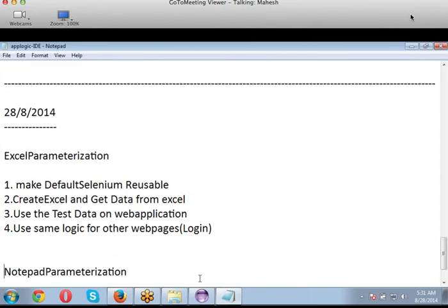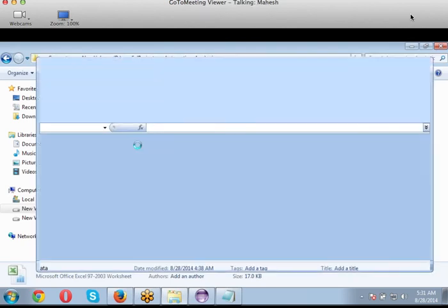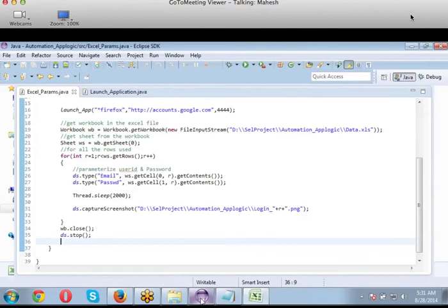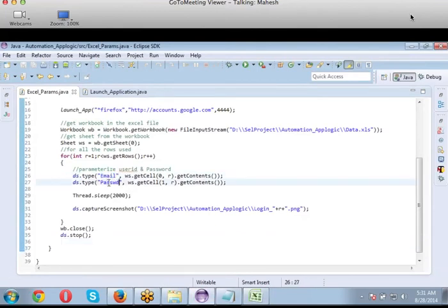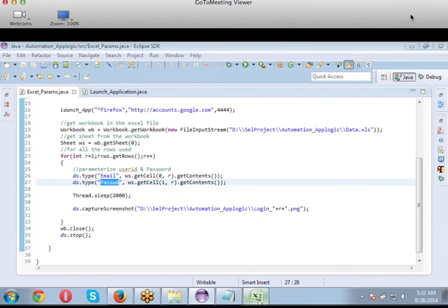For my parameterization, let's go back and open my Excel sheet. If you observe in this code, for my accounts.google.com, the object names are email and password. These two, right? Let's go back here.